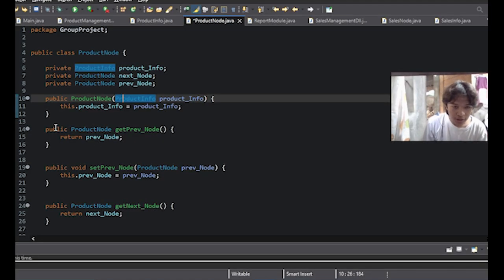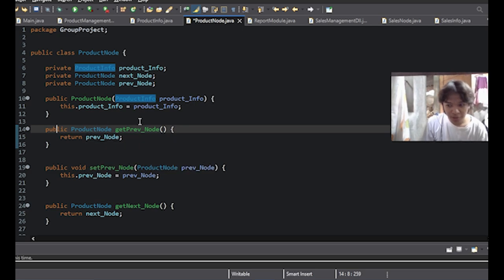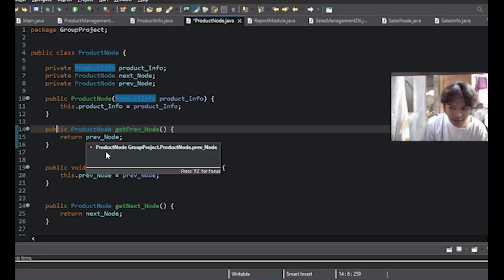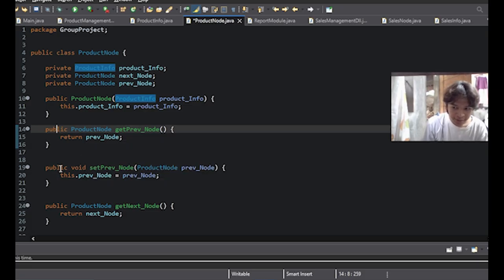The class also has a constructor that sets the product information when a new node is created. There are getter and setter methods that allow us to get or change the data safely. For example, we can get or set the next and previous nodes or update the product sales.